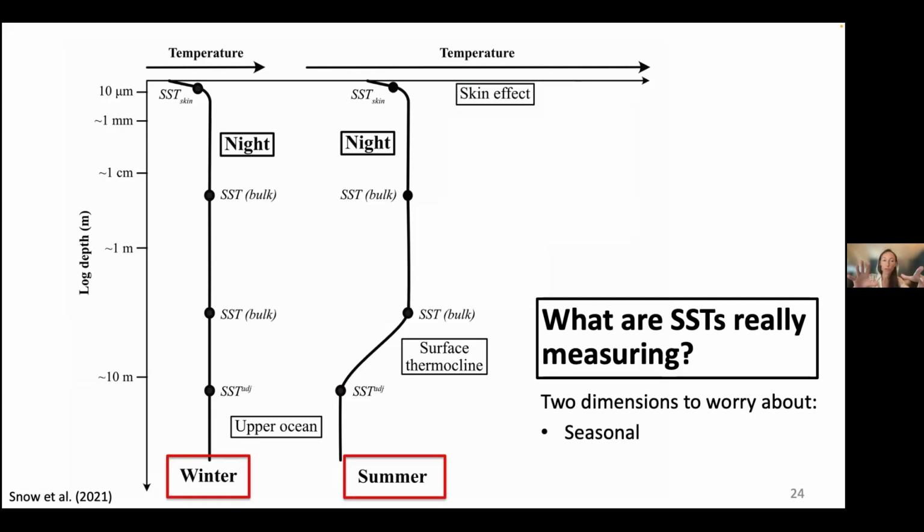seasonality. So in wintertime, the water column is homogeneous from the surface down to depth. This is depth along the y-axis and temperature increasing to the right. And because the sun is not up during wintertime and winds are relatively high, you get that homogeneous water column. So sea surface temperatures are potentially measuring down to pretty deep in the water column. But in summertime, you have the sun coming up, warming the surface. You get a surface thermocline, or a gradient in temperature that's sharp through depth. And so the mixed layer is quite a bit shallower, and the sea surface temperatures may not reflect as deep